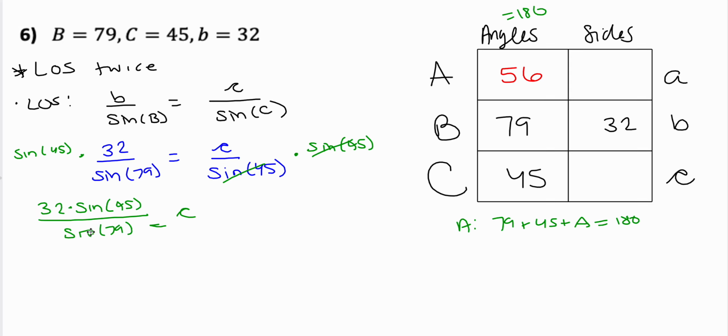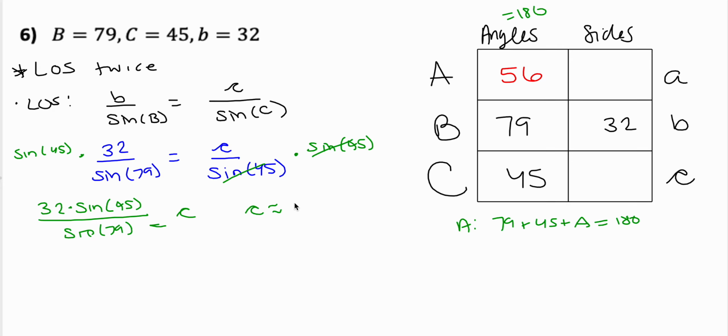Now I'm going to plug this straight into my calculator as I see it. I will type in 32 times sine of 45, and I will close the parenthesis to make sure I close that 45 degrees. And I'll divide that by sine of 79, and again close that parenthesis. I'll press enter, and I'll have little c